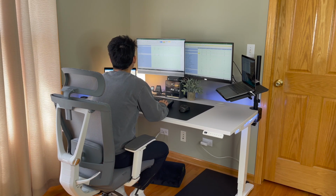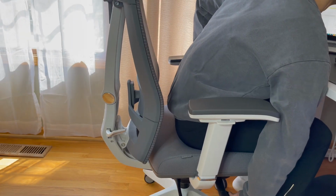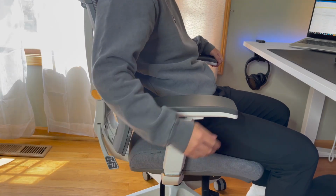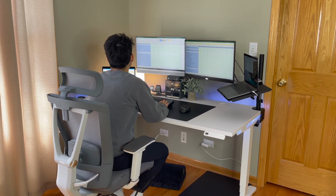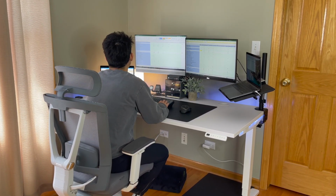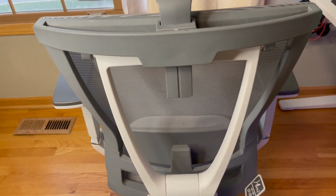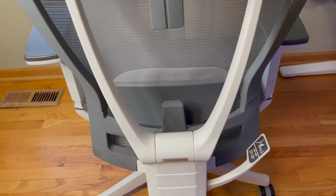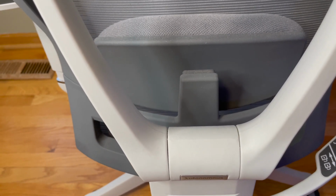This chair offers a lot of versatility in terms of headrest placement, seat depth, lumbar support, and more, so it really is a fully customizable chair at a more affordable option than some of the other ergonomic chairs out there. The only downside I will say about this chair is that due to its unique design in the back, I have found a lot of dust to pile up in the little creases, which I do need to clean out